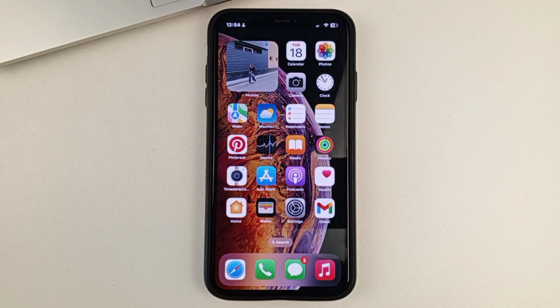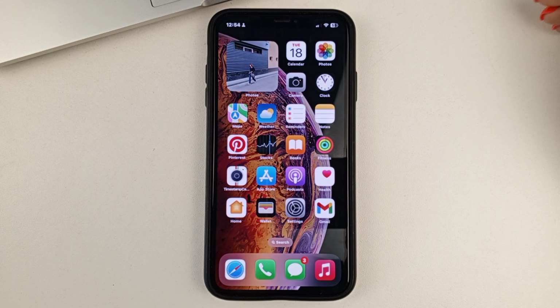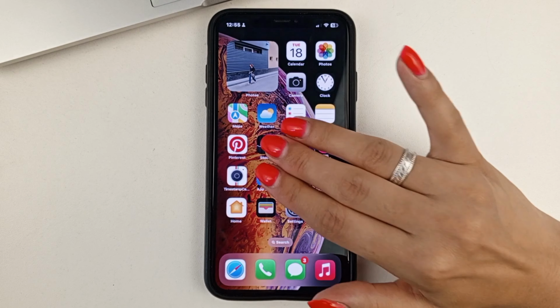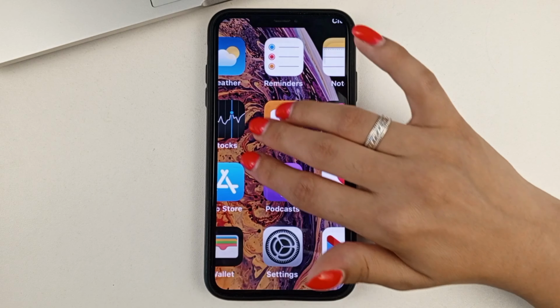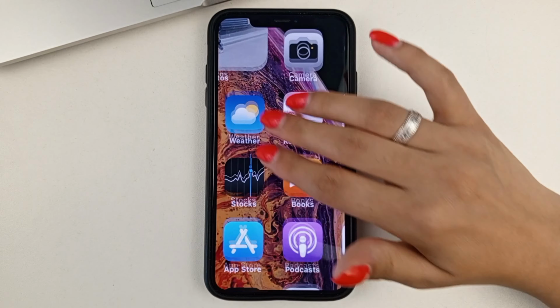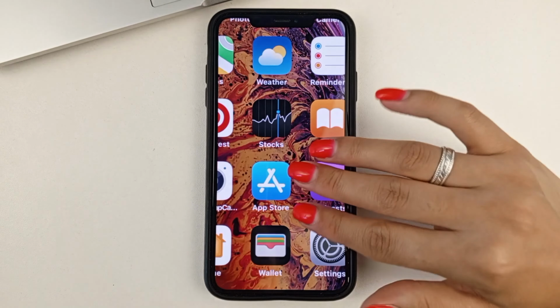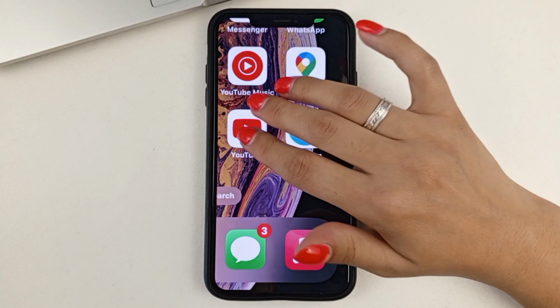And let's get on with this topic. If you have the zoom feature active on your iPhone home screen, how does that even work? Well, in order to zoom in on your home screen, you'll need to use 3 fingers to double tap on the screen. And as you can see, that's how your home screen is zoomed in. All the icons are zoomed in. And that's how the zooming happens.